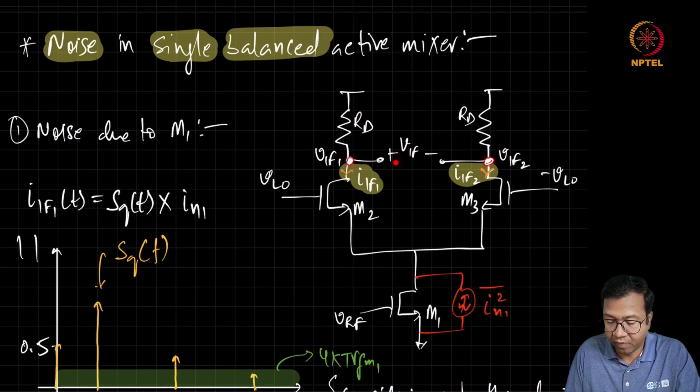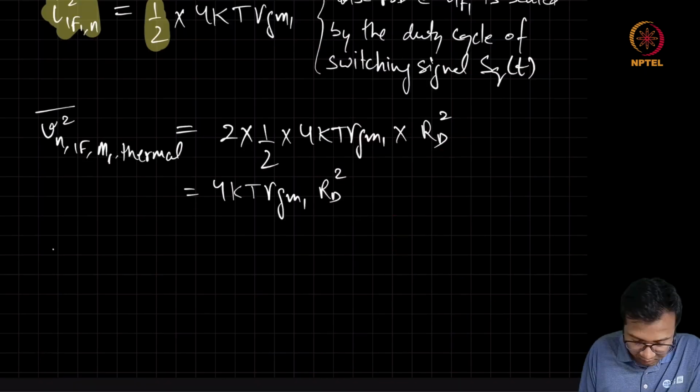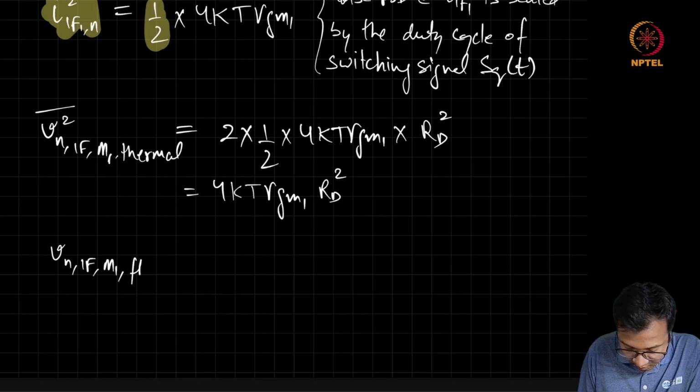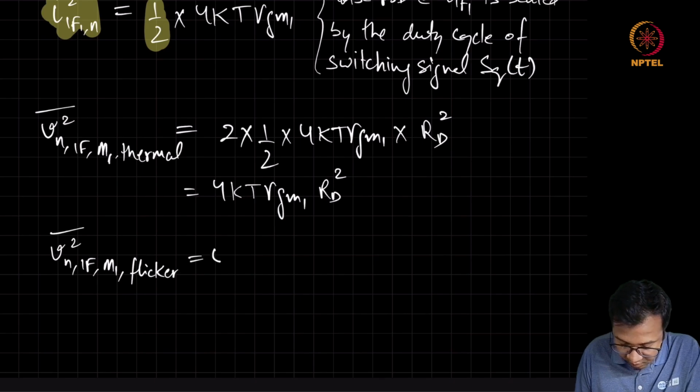So when we take a difference, this flicker noise will get completely cancelled and there won't be any effect of flicker noise from the M1 to the output. So the IF due to M1 flicker is 0,